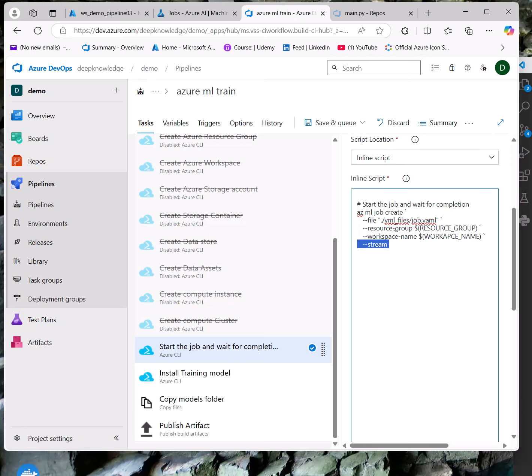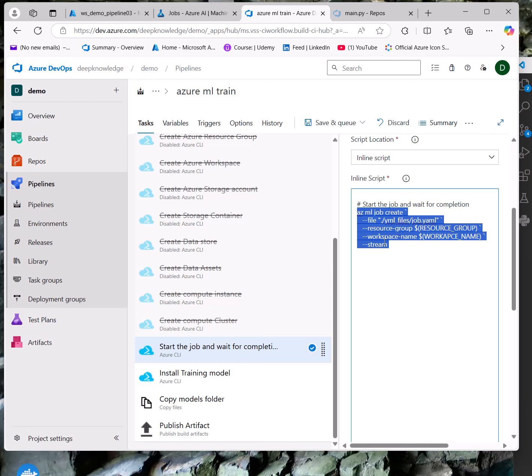As I said, this will create a job, and in the background it will train the model, and if everything is fine, it will save the result in the output folder as explained in the job YAML file.